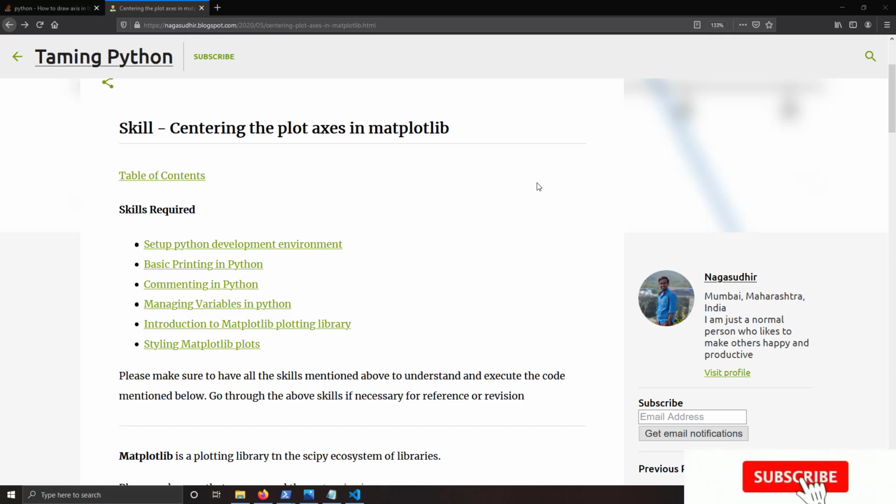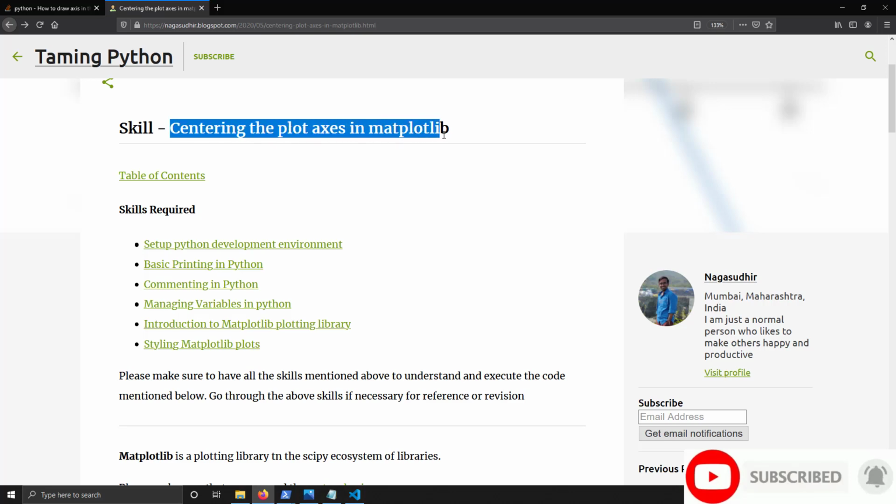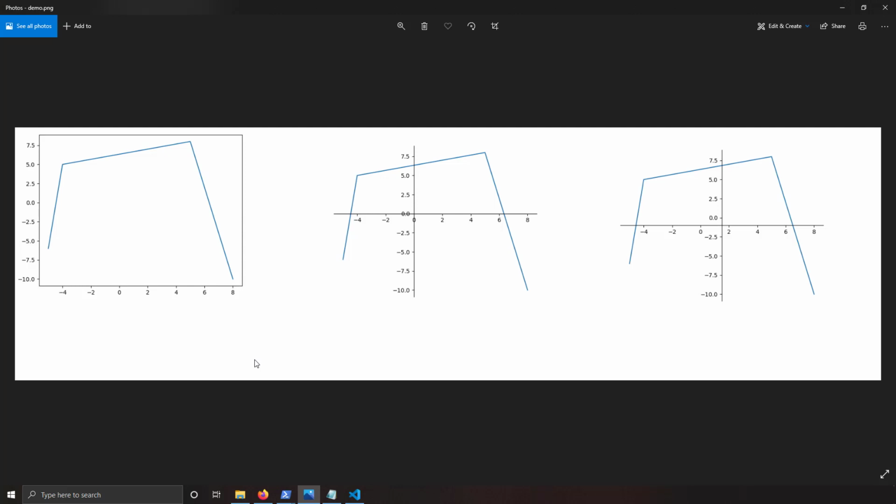In this video, we're going to talk about how to center the matplotlib axis at 0, 0 or the center of the figure. Generally if you draw a plot, it will look something like this. It will be like a plot inside a box. But there might be some situations where we want to plot data and the x and y axis should be something like this and they should be intersecting at 0, 0.